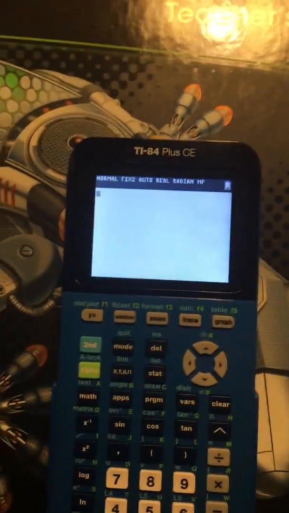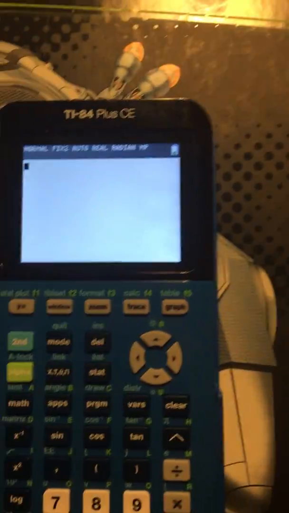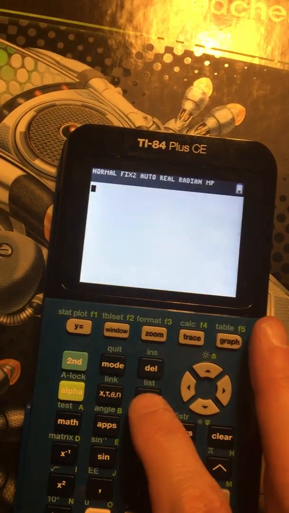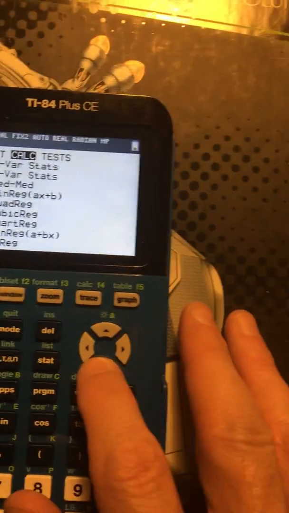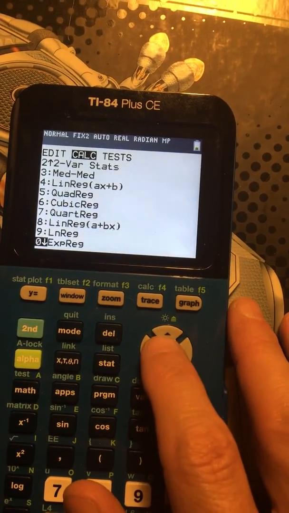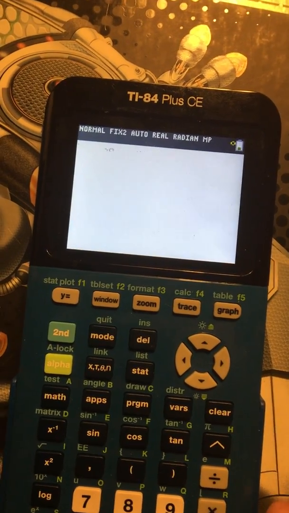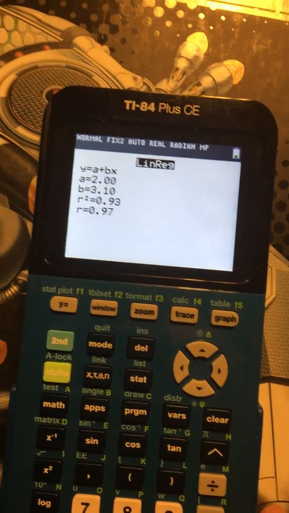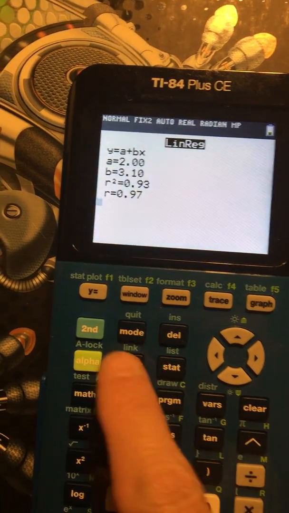from that, you will also create a residual list. So just go to Stat, Calc, down to 8, and create your list. Once you've created the list, again, all you do is go to